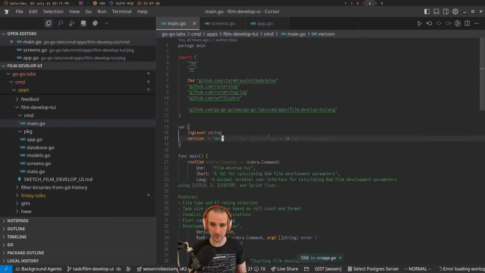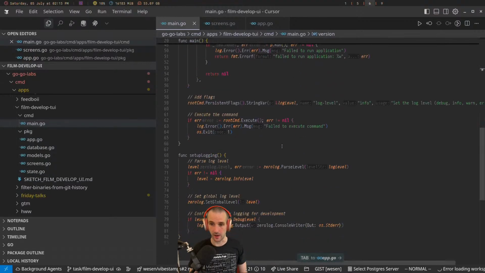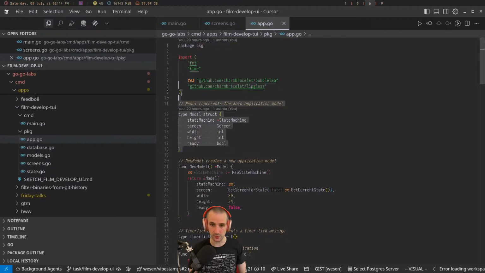So you have the main of the film. This is the first time I look at it, right? I think so far this is all good. It sets up the logging. Then we have a package with the app. And so this is where it starts to get weird: we have a model, which is the